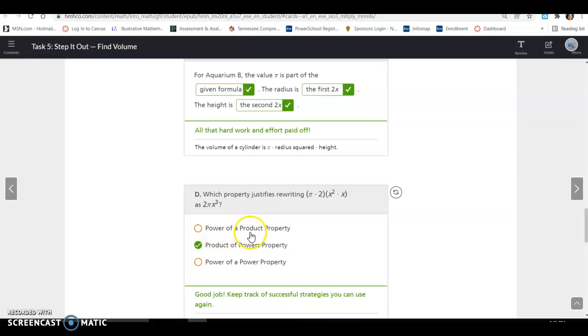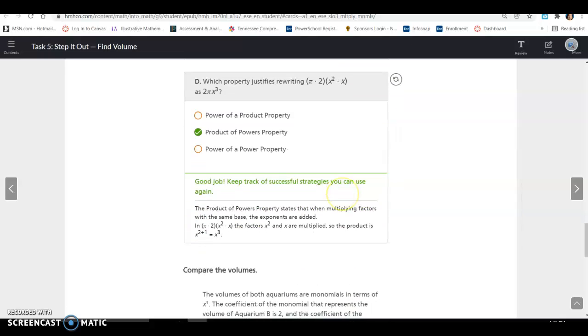Remember, a power of a product is when something's in parentheses raised to a power. A power of a power is when you have an exponent raised to another exponent. The product of powers is when you have the same base multiplying, product means multiplying, and you add your exponents